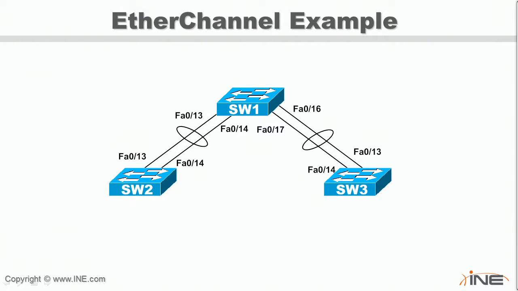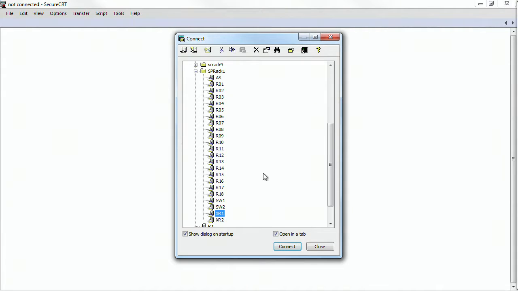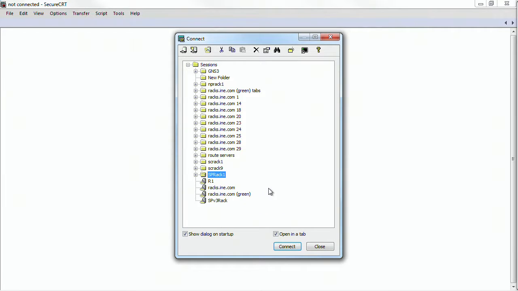So let's look at an example of this where we have 3 switches now, same type of physical topology as before, but now we're gonna bond these links together. Where on switch 1, we have multiple connections that are going over to switch 2. These are interfaces 13 and 14 on both sides. With the configuration as the network stands now, if I were to enable all of these interfaces,